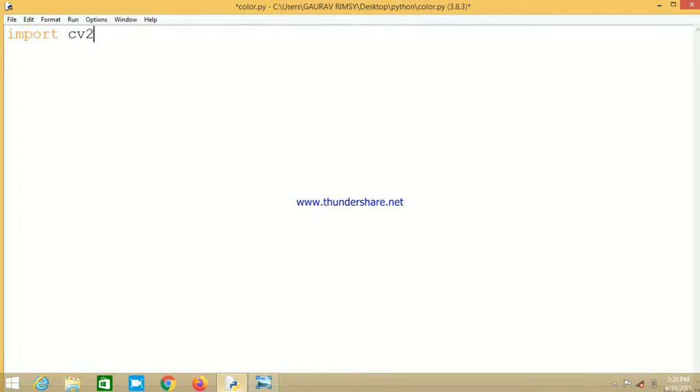After importing this library, we need to read the image in the form of a matrix. We are taking one variable, img equal to cv2.imread. Here the name of my image is rose.jpg, and this is the flag value.